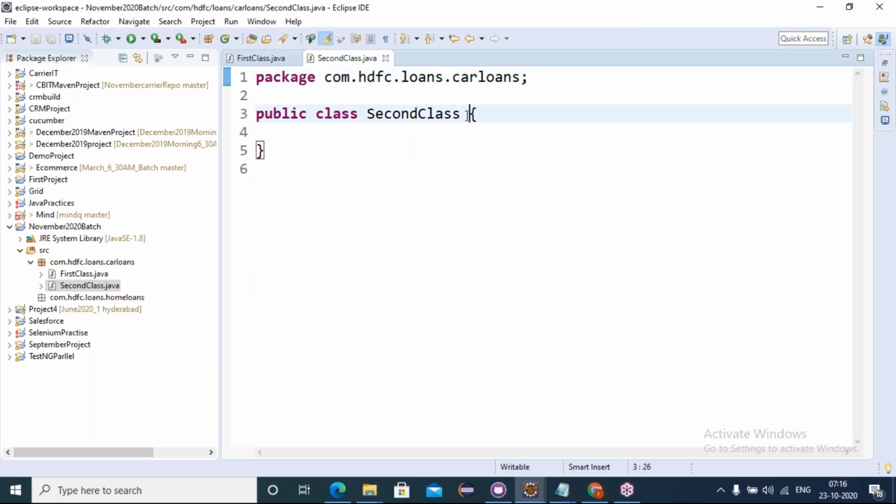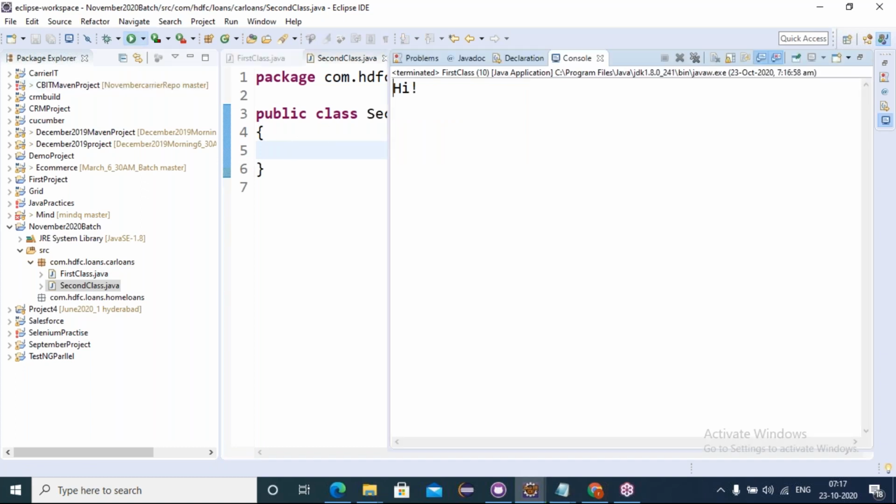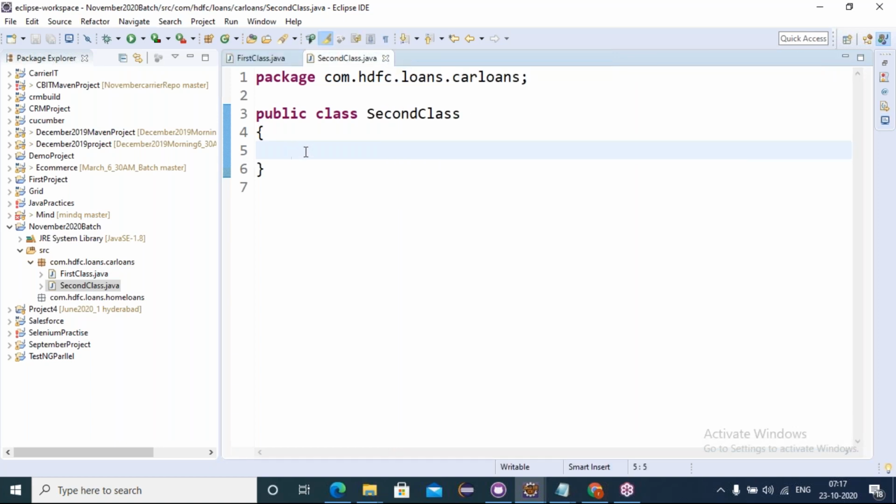No main method will be there in the class. If I execute this class, what could be the output, friends? Come on, if I execute this, what is the output? Error will come, I think. Okay, let's see. For your kind information, error is not coming. It is giving the output of the previously executed class statements. Hi is coming from the first class, right? We printed it in the first class, and that output is coming here. So your conclusion: for every class we must have a main method. Understood? To execute any particular class, a main method is a must.